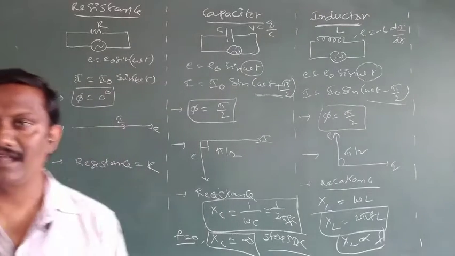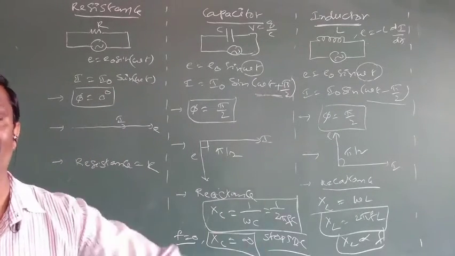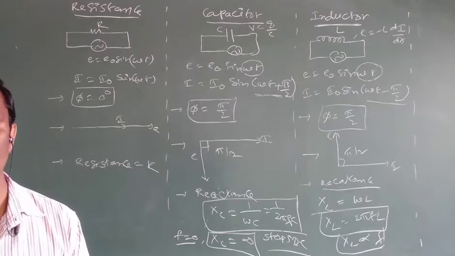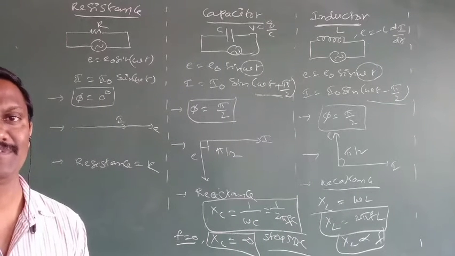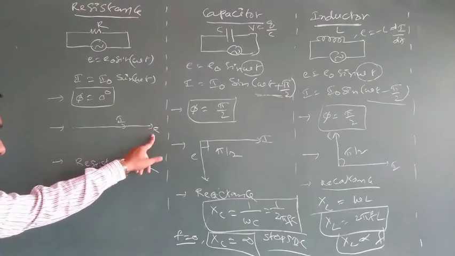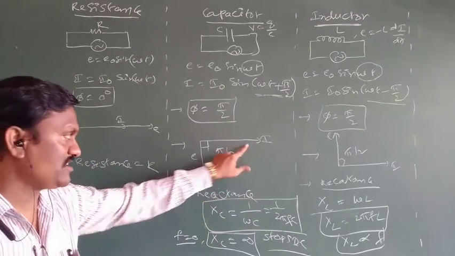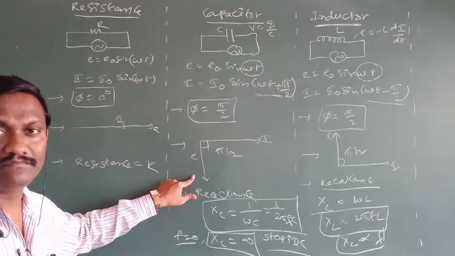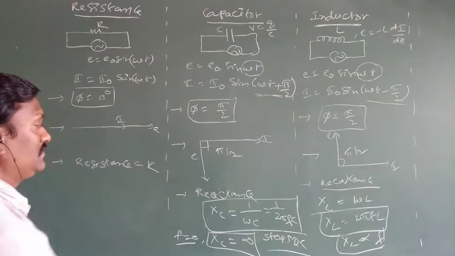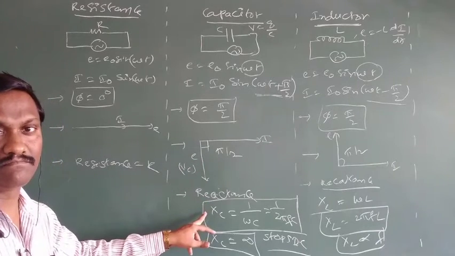So these are all the differences between AC through a pure resistor, pure capacitor and pure inductor. Especially the phasor diagram is very important. In a pure resistor, the phase of current and the phase of EMF are the same. In a pure inductor, compared to the phase of current, the phase of EMF is lagging. In the case of a capacitor, the potential difference across the capacitor is in the vertically downward direction.